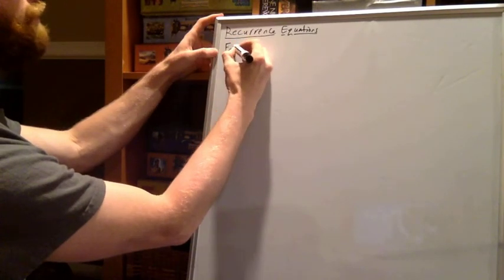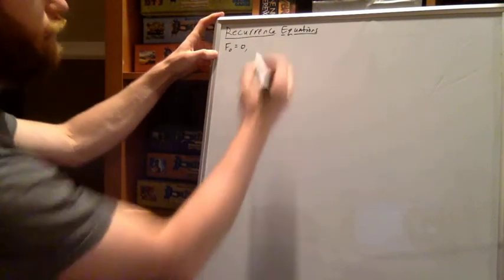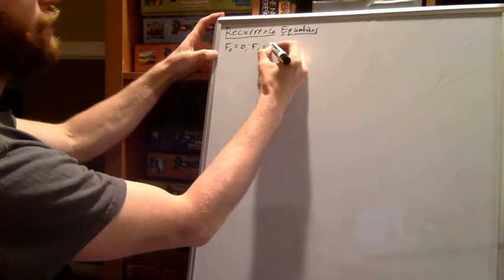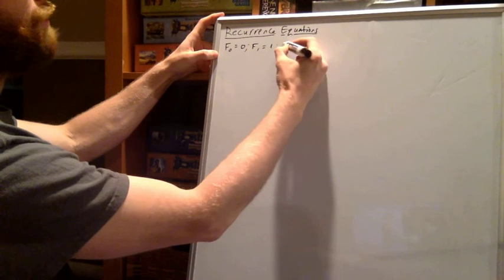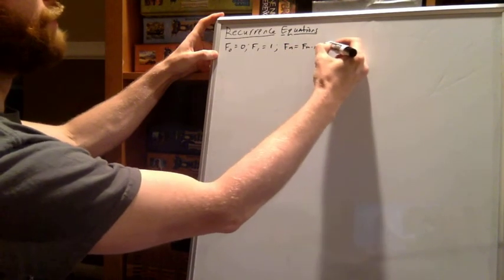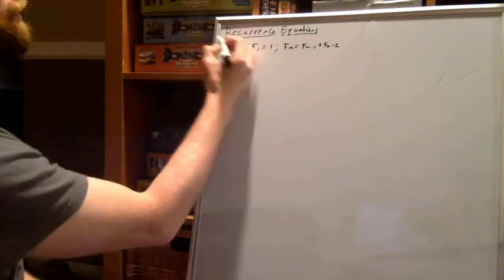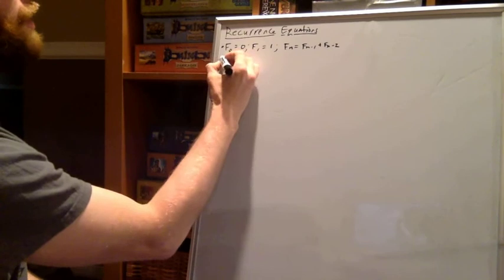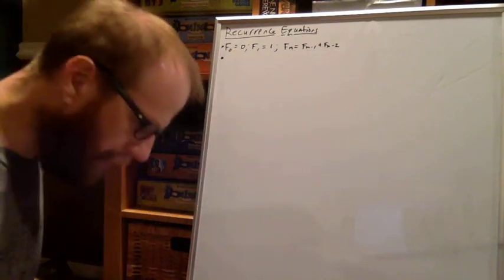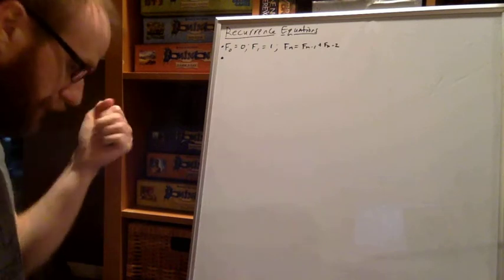We have f0 is 0, we have f1 is 1, and then we have that fn is f of n minus 1 plus f of n minus 2. So that's a very common example. Another example that we've seen something like this in this class is